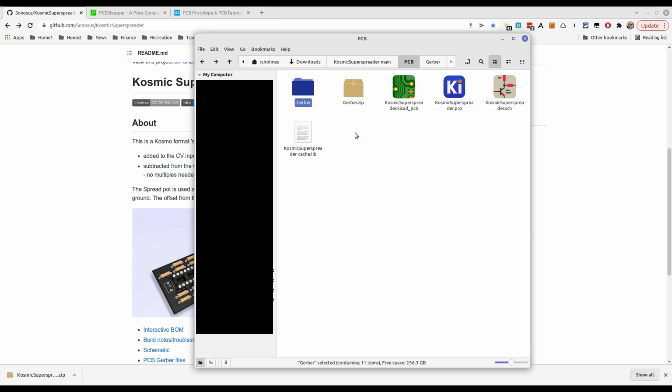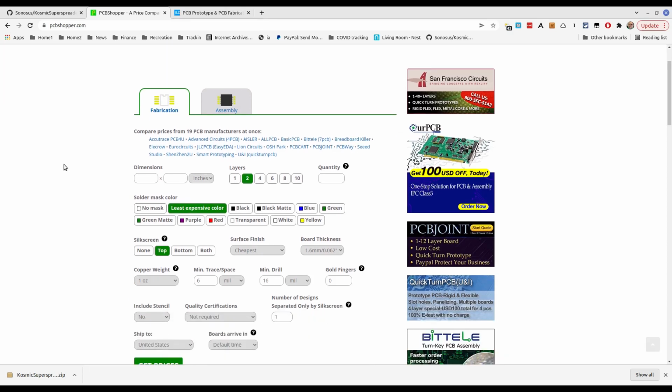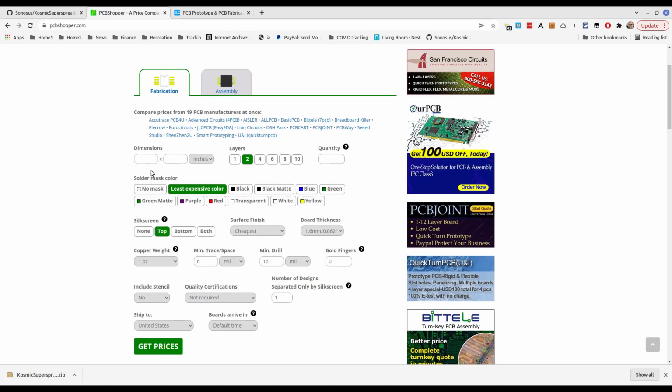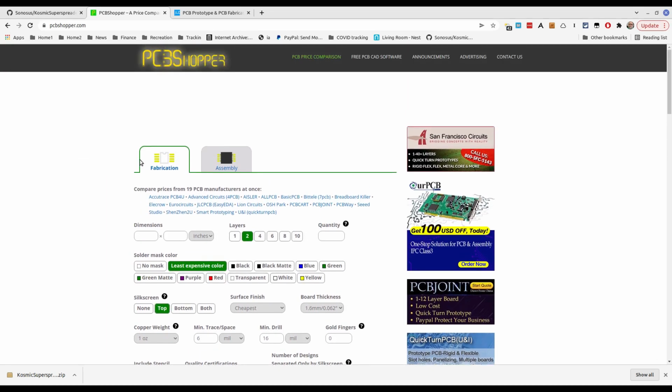So now we just need to take this zip archive and upload it someplace. Where are we going to upload it? Well, you have lots of options. And let me show you a site called PCB Shopper. This is a place where you can comparison shop for making circuit boards. You put in a description of the circuit boards you want, and it tells you what it would cost at